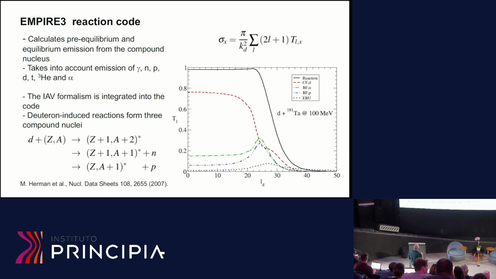Using the IAV formalism, we can calculate the breakup fusion with neutron emission and with proton emission contributions to the compound nucleus. And here we have 2 compound nuclei. The breakup fusion with neutron emission, you see, is the green curve. The breakup fusion with proton emission is the blue curve. And finally, we can calculate the elastic breakup contribution for each value of the deuteron angular momentum. And you see that this is